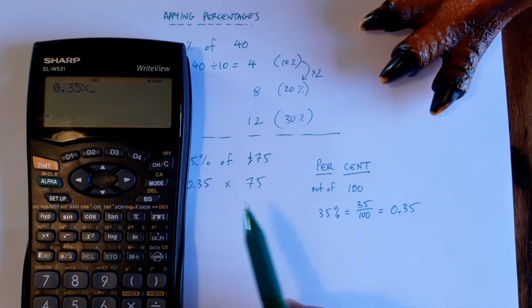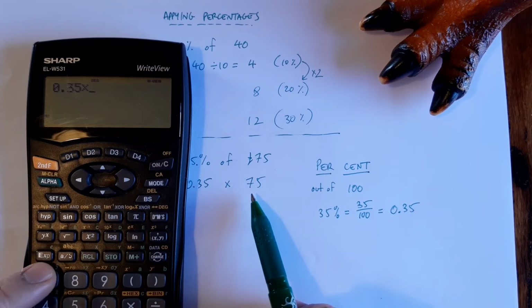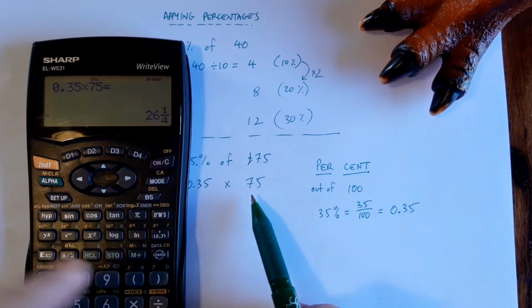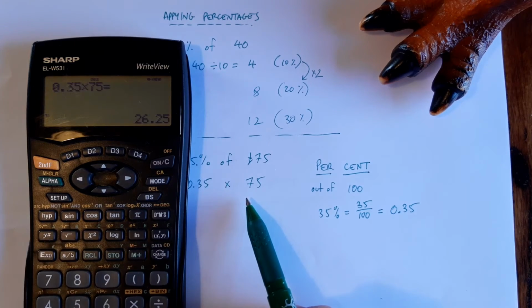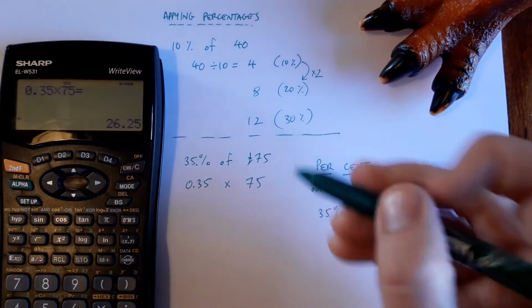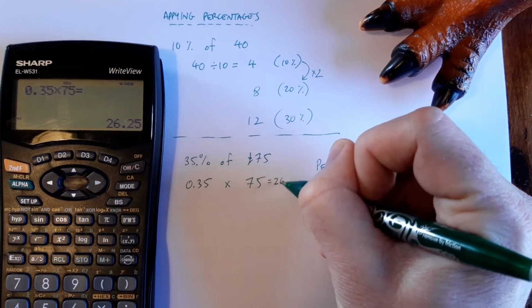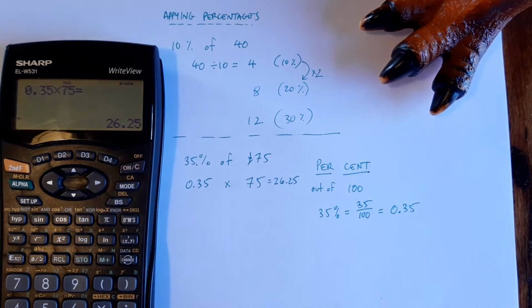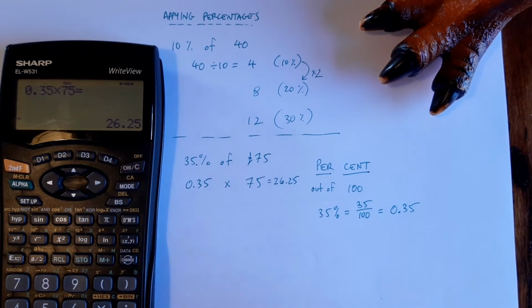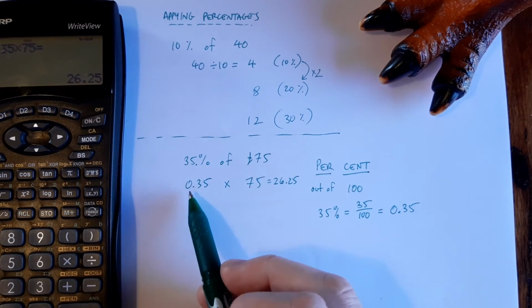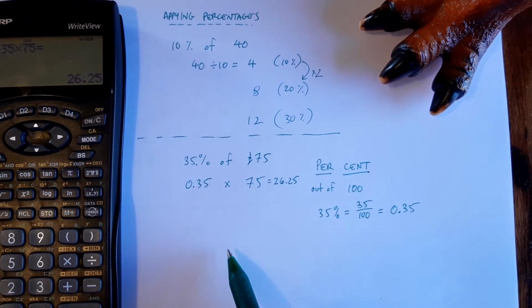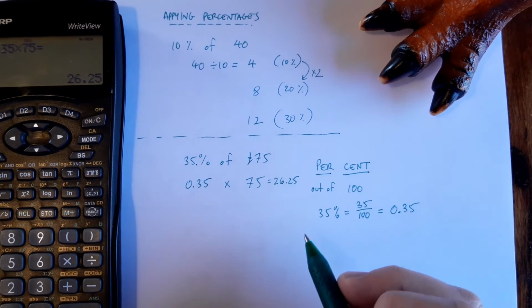0.35 times 75. Boom. My calculator gives me a fraction. I'm going to switch it over. There we go. 26.25. That's what yours will likely say to you, or £26.25. Cool. And that's pretty much what we're going to be applying today. The big trick, turn that into a decimal and multiply away. So I'll give you another one. Let's go for